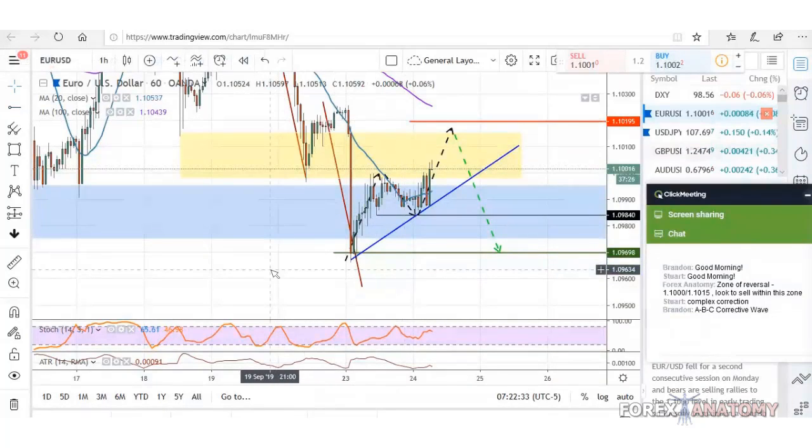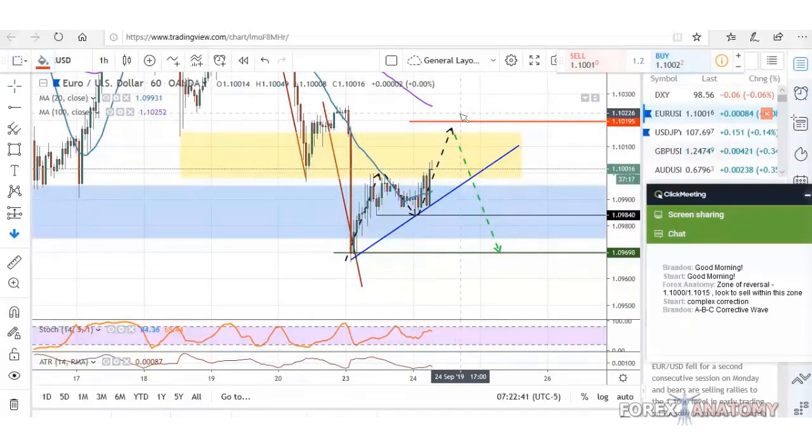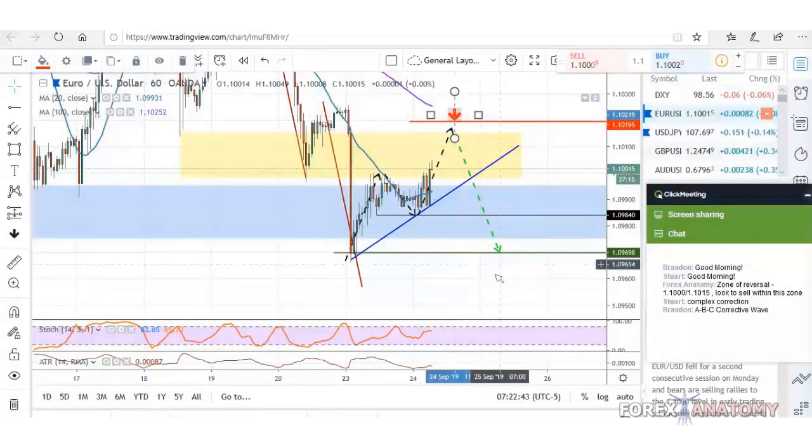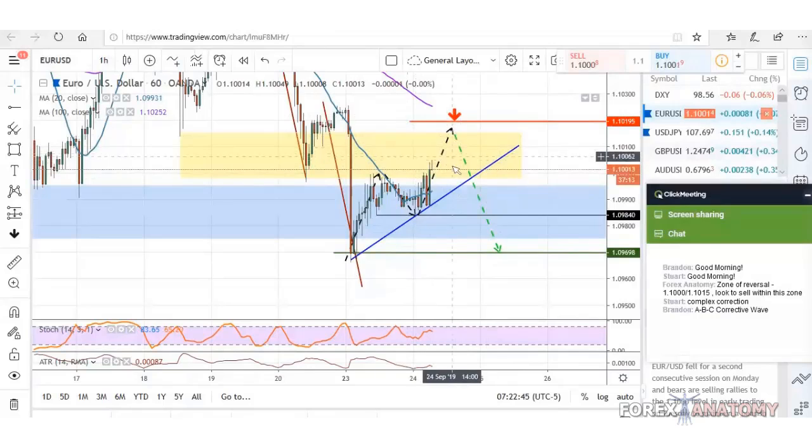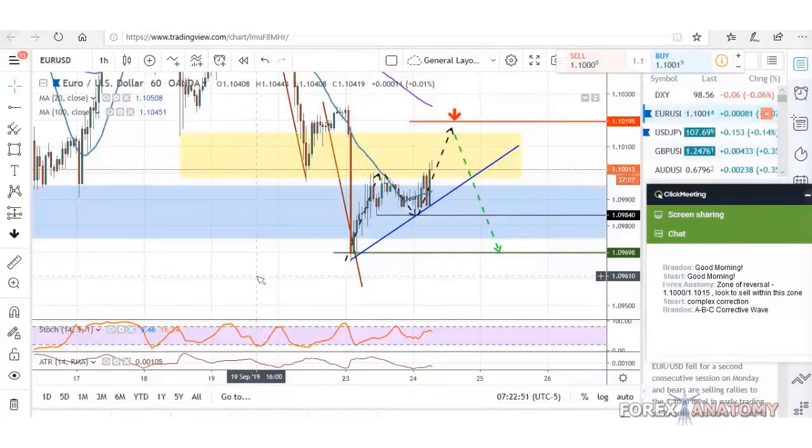So, yeah. All right. Are there any questions about the Euro USD before we move forward? We're looking to sell, and somewhere within the zone, it can happen anytime. But I guess we don't have any questions for the Euro USD. So what we can do right now is move to our next currency pair,